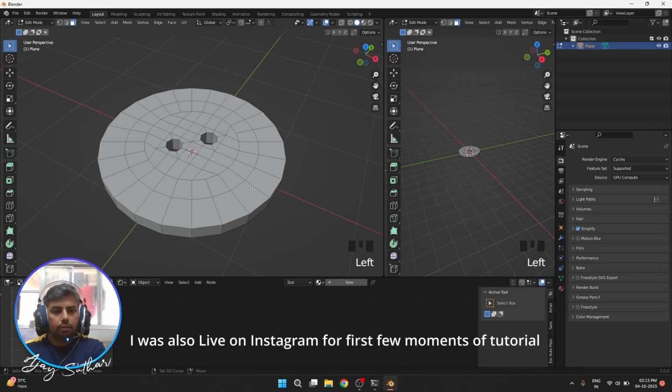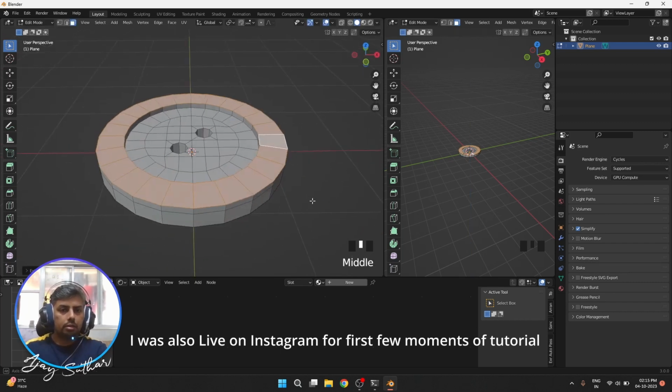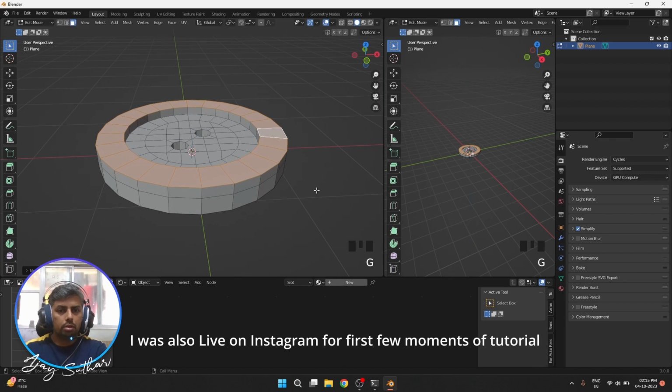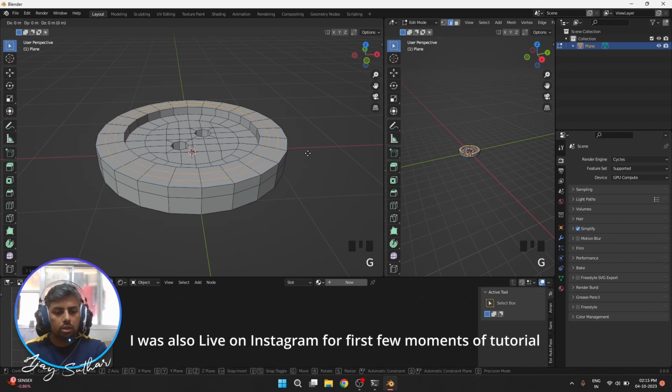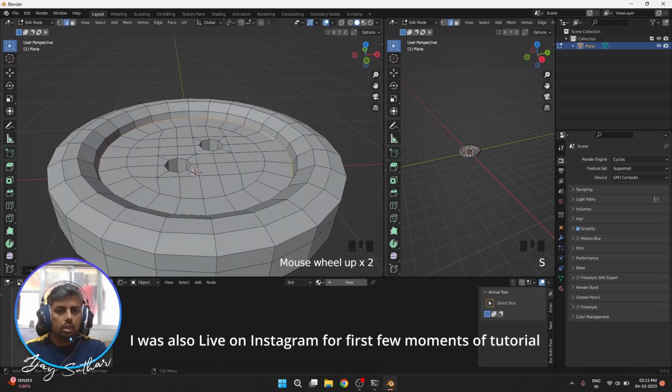See, Shift Alt between the edges and you'll get the loop. So what I will do, I'll press E and increase this height a little, and a little more. Now go to edge selection. Let's have this here, loop cut, G, a little up, this one a little lower, and then this one, scale it, and these all like